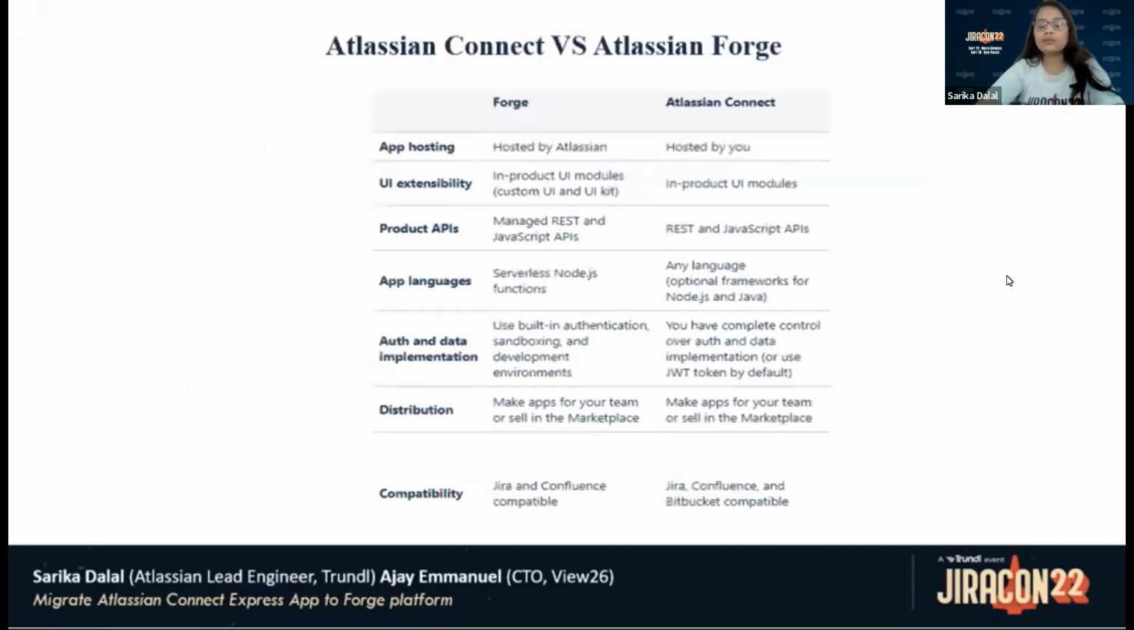So now let's understand the basic difference between Atlassian Connect and Atlassian Forge. Why are we presenting this migration session at JiraCon? Because the main difference is that when we are using Atlassian Connect, we have to take care of our hosting. In UI extensibility, Forge provides more options as compared to Atlassian Connect. In Forge, we can create a managed REST API and JavaScript API, while in Atlassian Connect, we can simply create